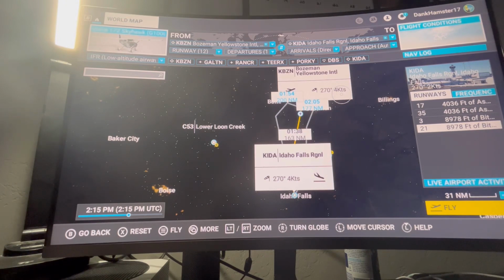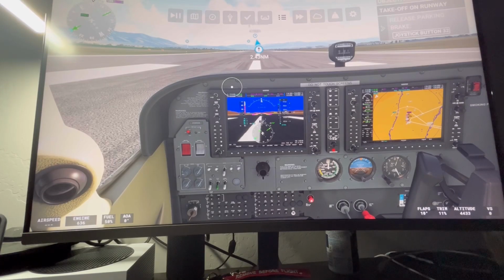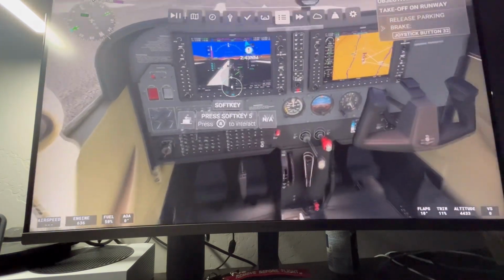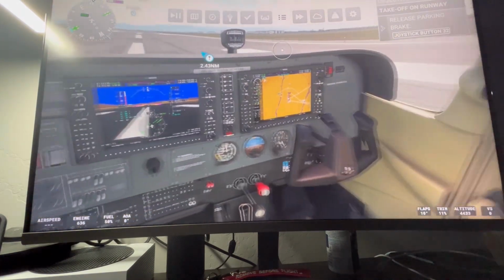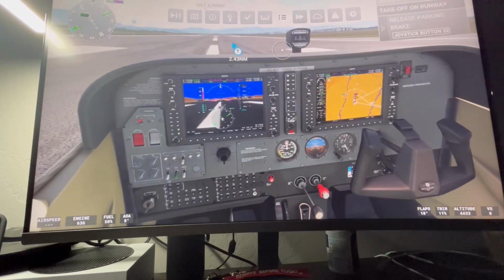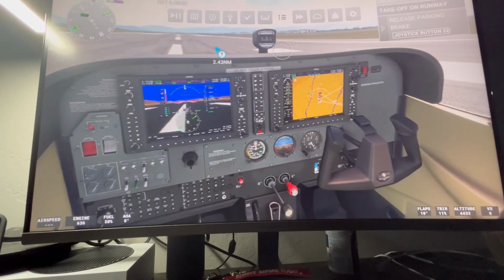I changed the weather conditions today just so it makes it a little bit easier, and we're going to hop in. Okay, so here we are with the G1000 system in a Cessna 172. As you can take a quick look around here, we have the two PFD and the MFD. You can see our MFD is already set up with our flight plan in there,